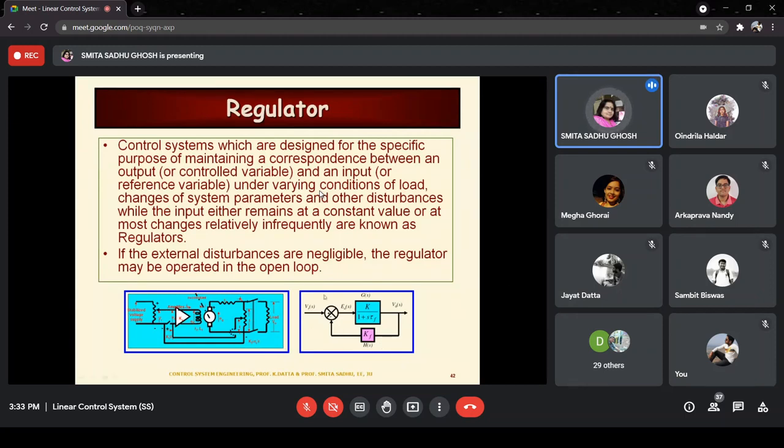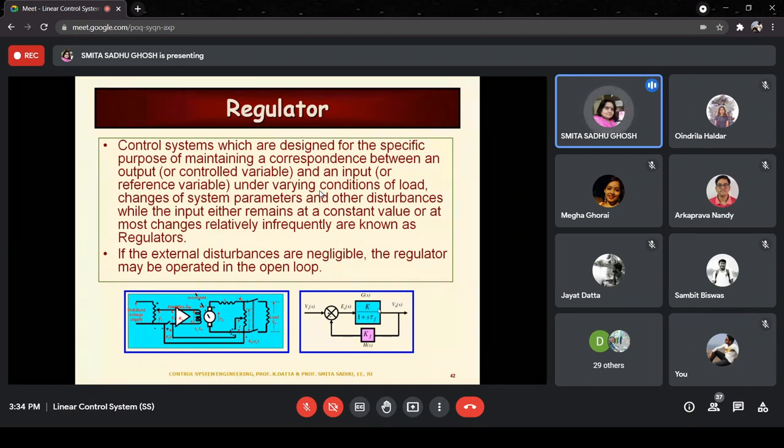Under that condition, we want the output to be equal to the input value, input meaning the desired input value. If there are any changes in the output value, then the output has to be brought back to the predetermined value, the preset value, meaning the value which it is supposed to be at. So the system by itself will have the dynamics such that that objective is attained. We will go to a detailed study of the model of a regulator system, but not today. This is of course the introduction module, so we are just going to touch upon it today.